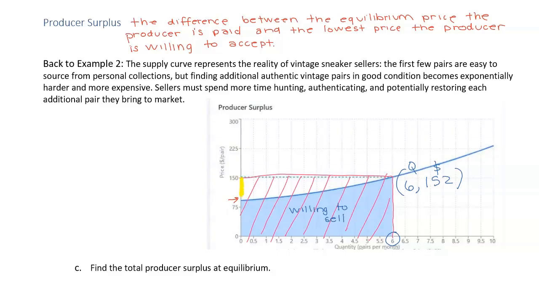So this section here that is above the curve but under the total price, that is going to be the producer surplus. The goal is to find the area of this piece that I've highlighted in yellow, and that's going to be the difference between the lowest price the producer is willing to accept, that's here, and the equilibrium price,